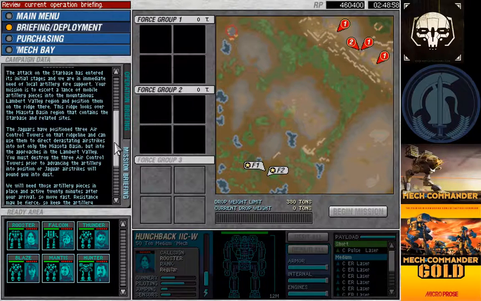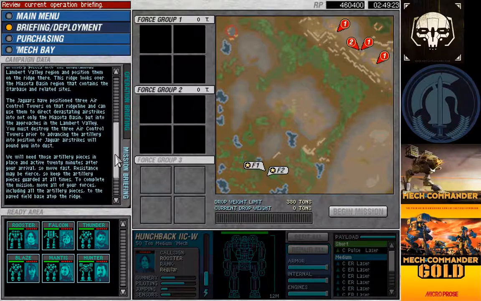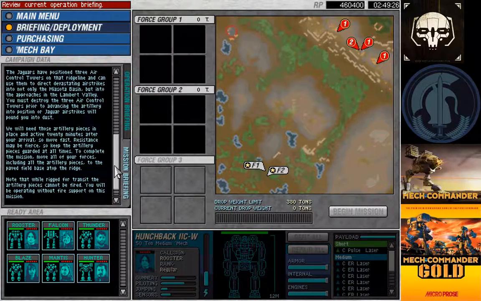The attack on the star base has entered its initial stages and we are in immediate need of local artillery fire support. Your mission is to escort a lance of mobile artillery pieces into the mountainous Lambert Valley region and position them on the ridge there. This ridge looks over the Mysota Basin region that contains the star base and related sites. Jaguars have positioned 3 air control towers on that ridge line and can use them to direct devastating airstrikes into not only the Mysota Basin, but into the approaches in the Lambert Valley. You must destroy the 3 air control towers prior to advancing the artillery into position, or the airstrikes will pound